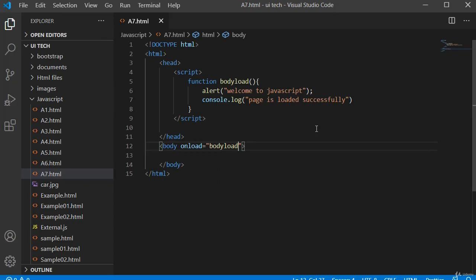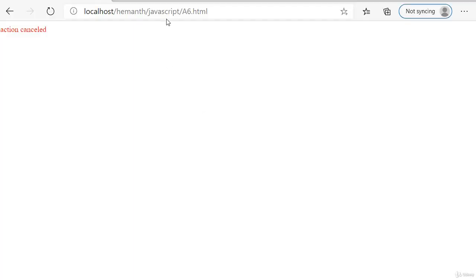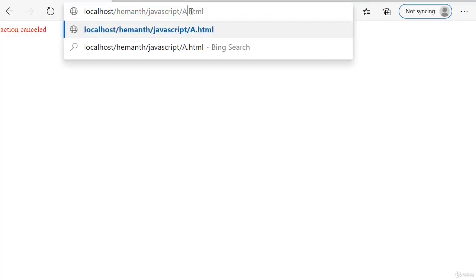Just save it with Ctrl S and go to the browser. Our HTML page name is A7. Search for our HTML7 page, click on OK.